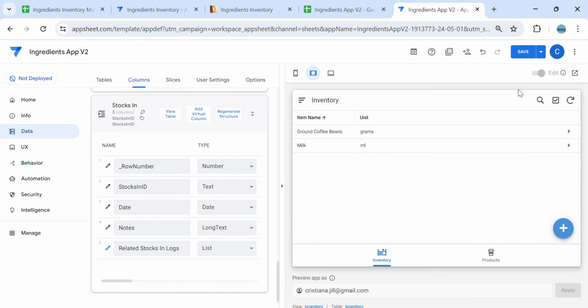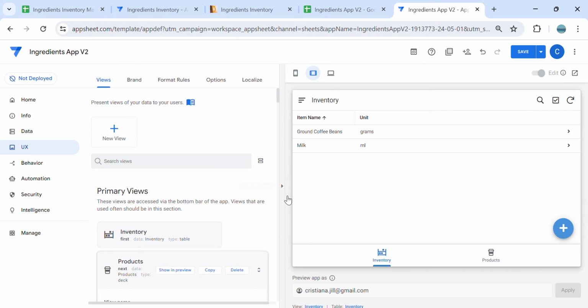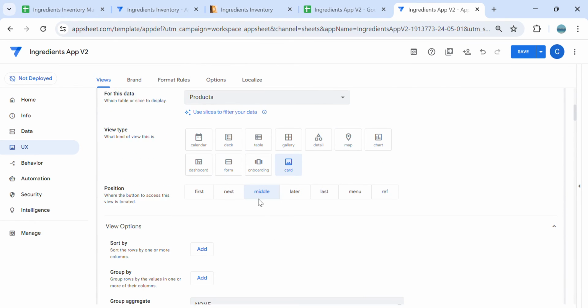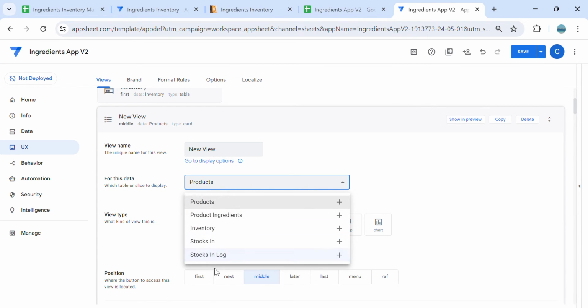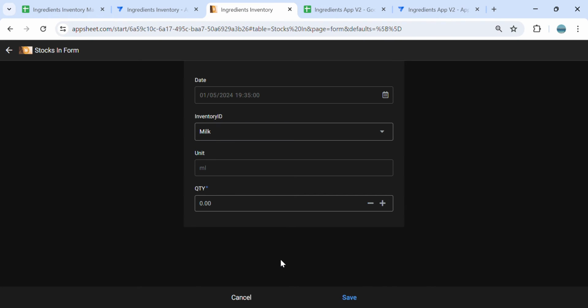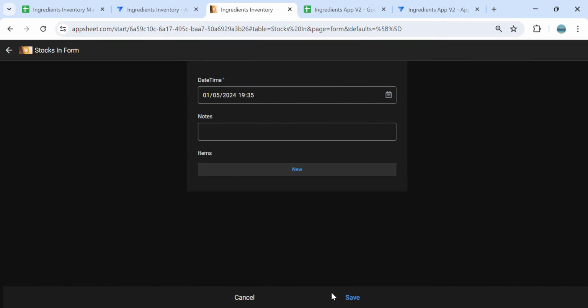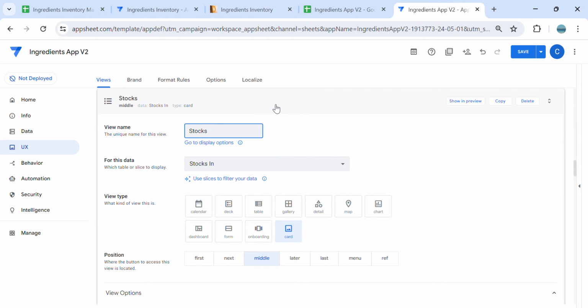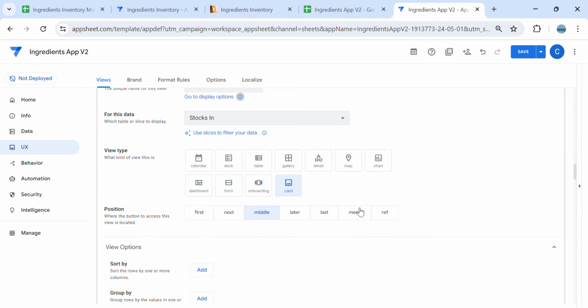All right, and let's create a view for this. Let's create a new view, and let's say we're going to put this in the middle, and the source table will be stocks in. Let me see how I name this here. So we name this as the stocks in. Okay, so stocks in, and then we can keep this a table view, make it simple, and sort by